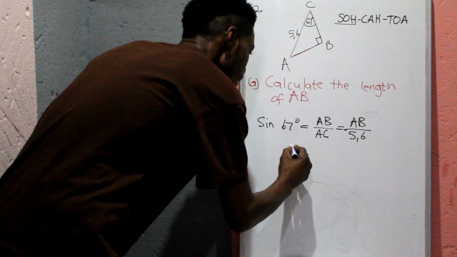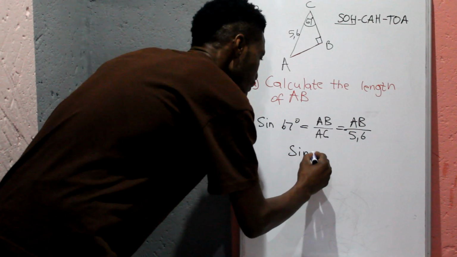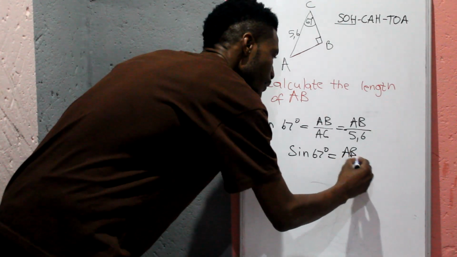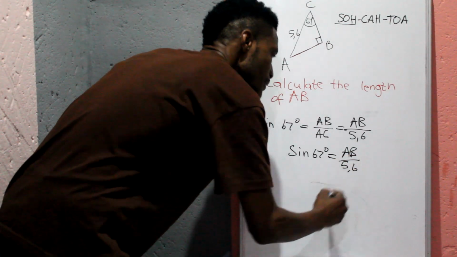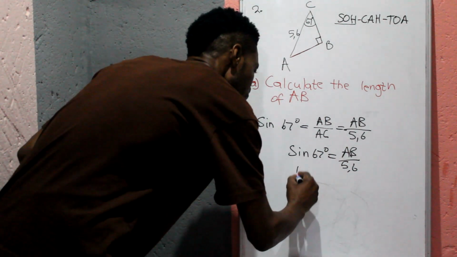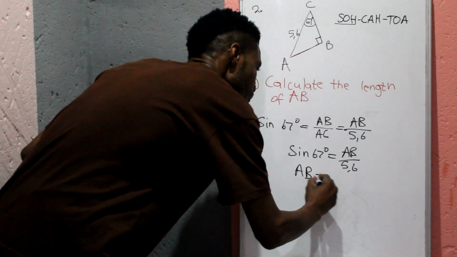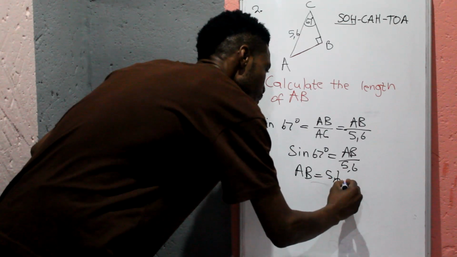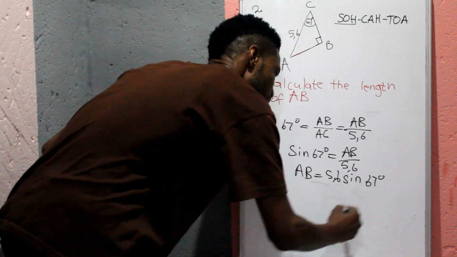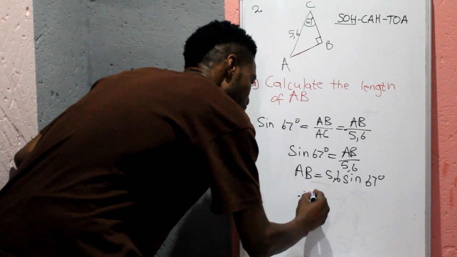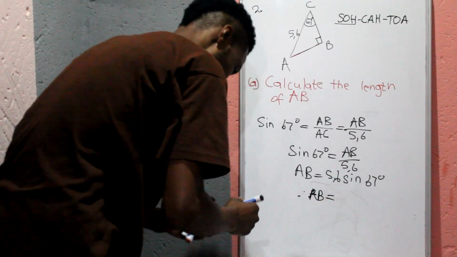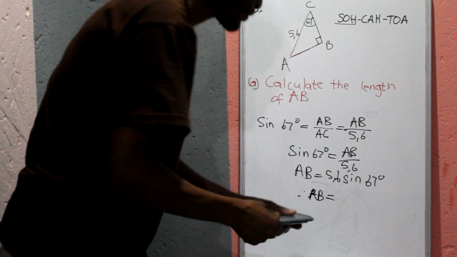This then tells us that sine 67 degrees is equal to AB over 5.6. Making AB the subject of the formula, AB is equal to 5.6 sine 67 degrees. Therefore, AB will then be equal to, punch it in the calculator,